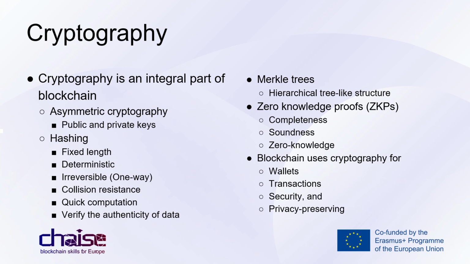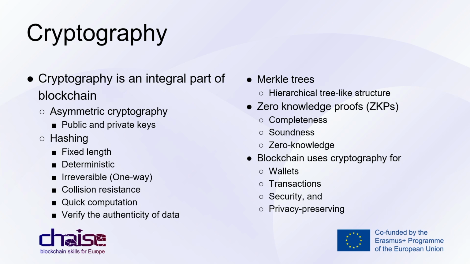Blockchain includes various cryptographic based mechanisms. For example, it brought the concept of public key cryptography, asymmetric cryptography, and hashing mechanisms. They are also using Merkle trees, which are a hierarchical tree-like structure, and zero knowledge proofs, which are used by different